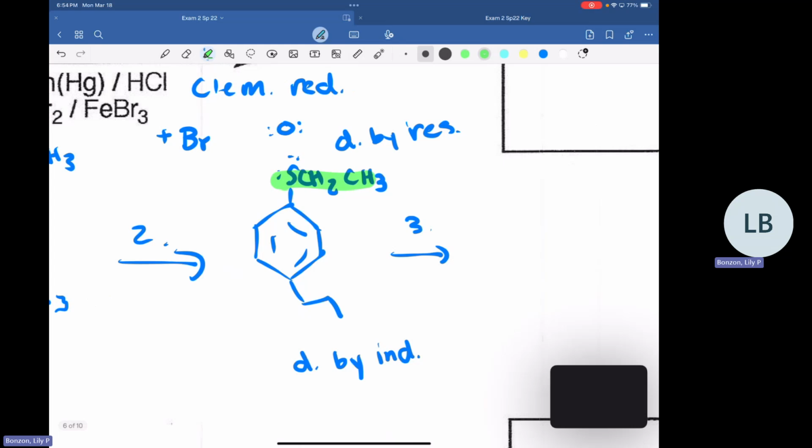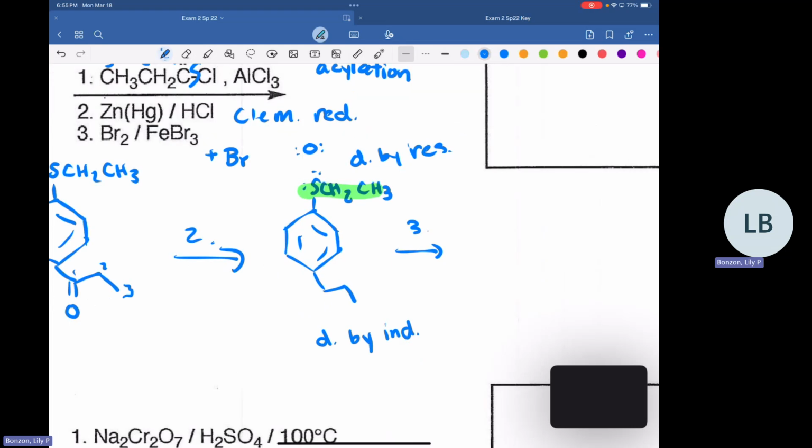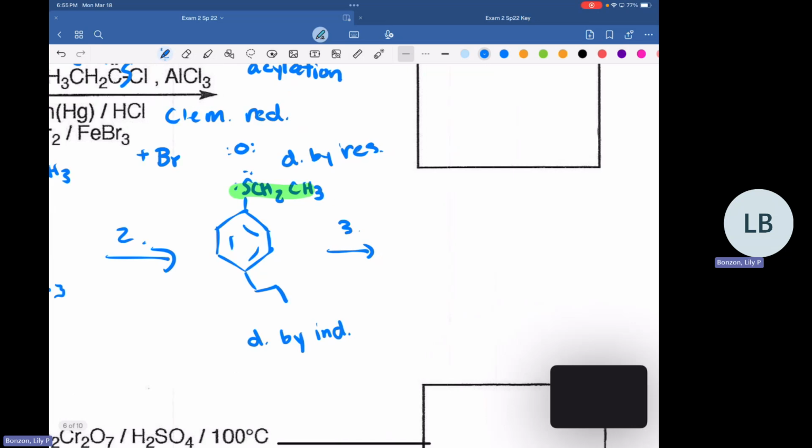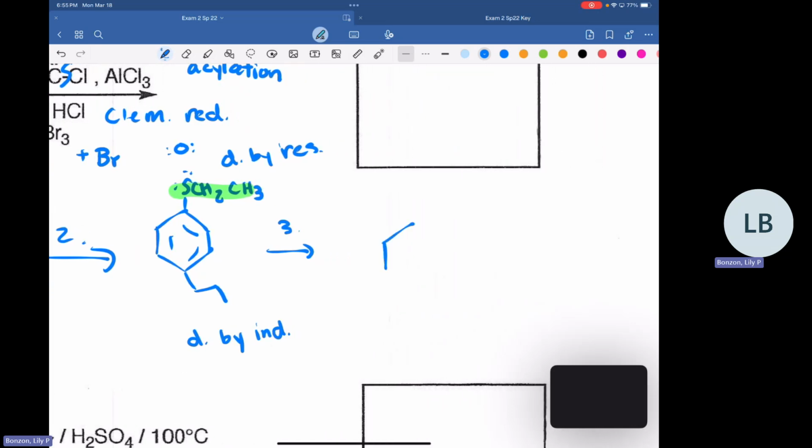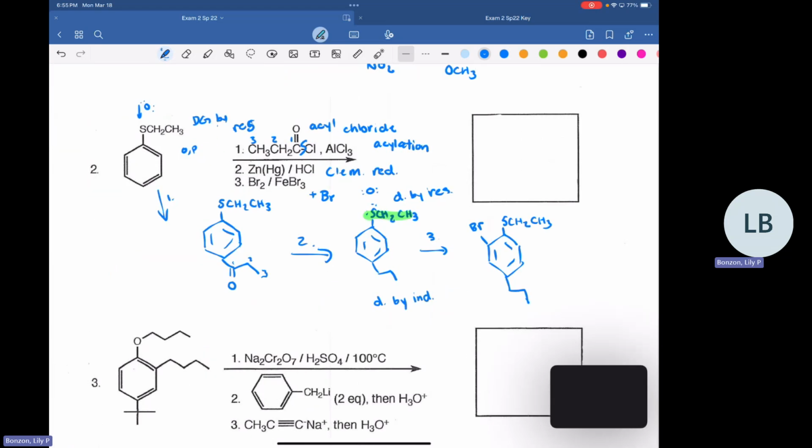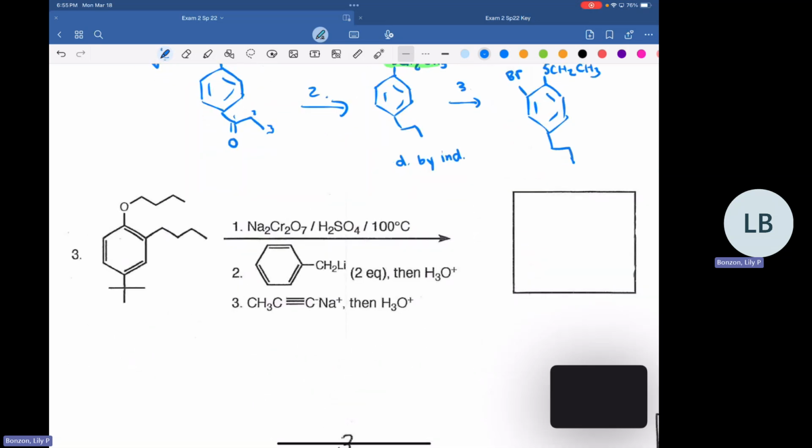And so this one is going to be ortho-para again. The para position is already taken by the group that we already added on. So we're just going to throw this one into the ortho position instead. And since the molecule is symmetric, it doesn't really matter which one you throw it onto. Either one is fine. So we've got our bromine that we added on, and then we've got the alkyl group that we added in the first step. Okay. Any questions? All right.